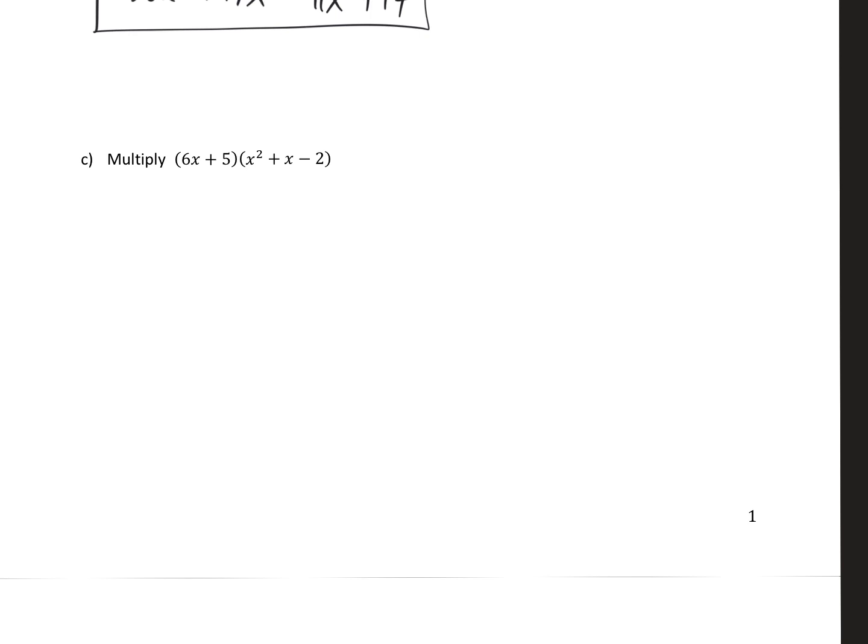So notice, what is the symbol in between the two parentheses? Nothing. So when there's nothing there, you're allowed to assume it's multiplication. Because we have that multiplication going on between, we're going to go ahead and use the distributive property. How many times? Well, let's take a look at the first term. We have 1, 2 different terms. And we're going to distribute each of them however many times it takes to multiply them to each of these